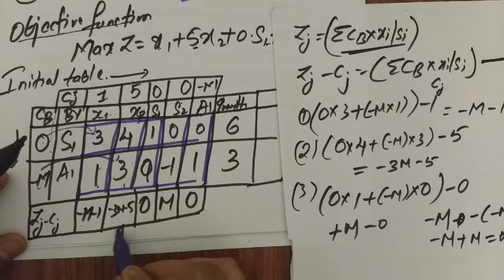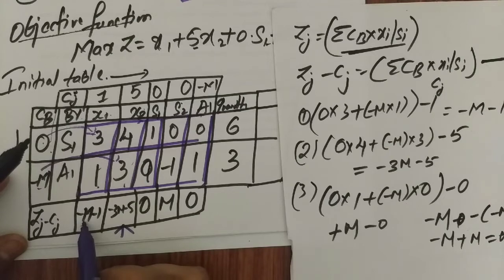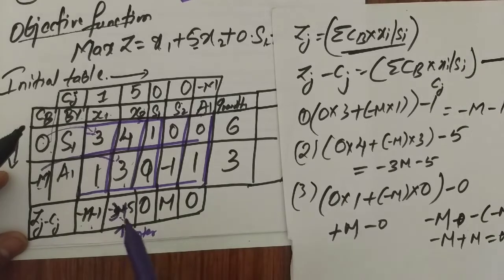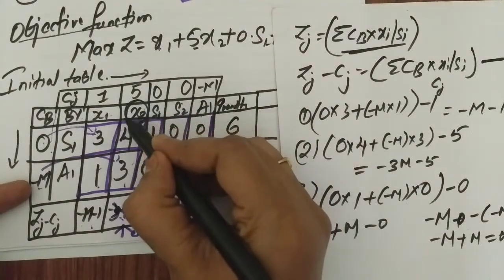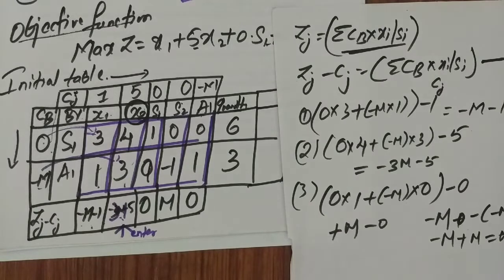See here, the coefficient of m is 1. I am saying only the numerical value, don't consider the plus and minus. Here the coefficient of m is 3. So, 1 and 3. Among these, 3 is the maximum. So this is going to enter. I repeat, the coefficient of m that is numerically largest will enter. That means it corresponds to the variable x2. x2 is going to enter the basic variable column. If one variable is going to enter, another variable has to leave its position.